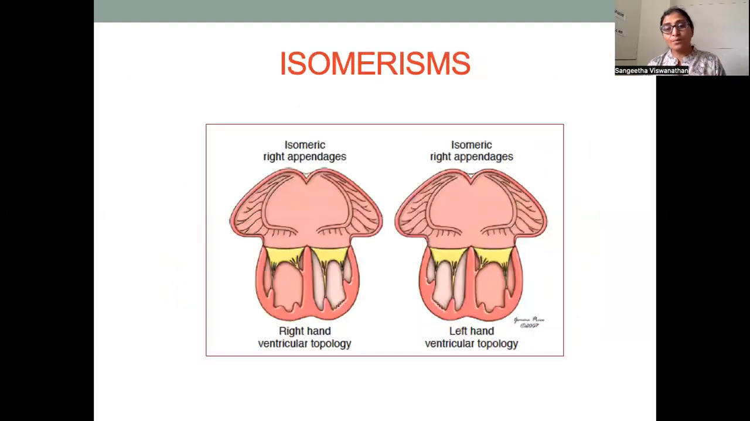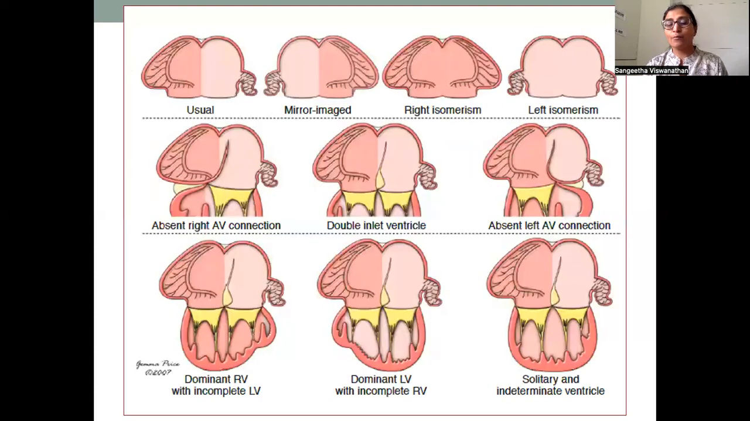Now, with isomerism, things get a little bit more complicated and we won't go into it today. But this panel basically reflects that you can have any situs, usual situs, that is solitus, mirror image, that is inversus, right atrial isomerism or left atrial isomerism. You can have any AV connection, okay? And any form of ventricular dominance. So each of these are independent and each of them can exist with any of these possibilities. So multiple possibilities